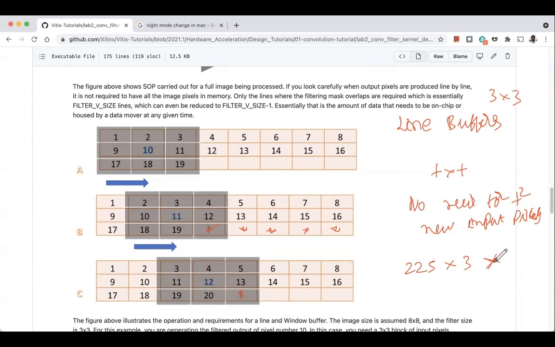Now if you are able to get 64 new bytes of data every clock cycle, then we can increase the number of parallel filter operations that we can do. It can be multiplied by 64. If you see 225, 800, let's say 600, 700.